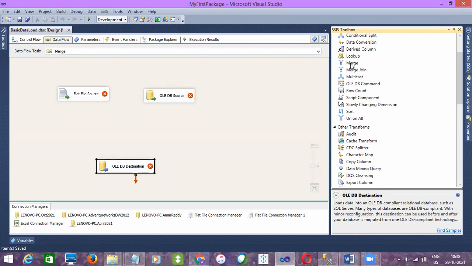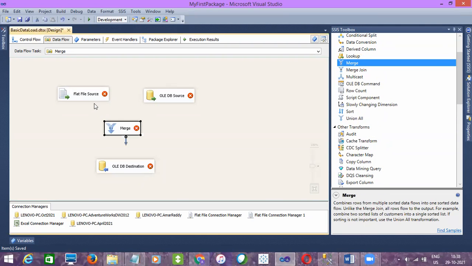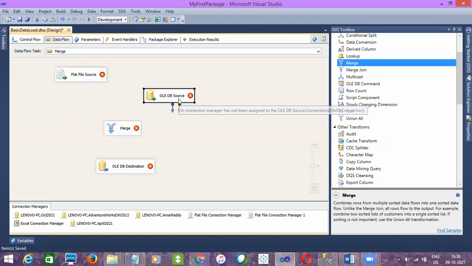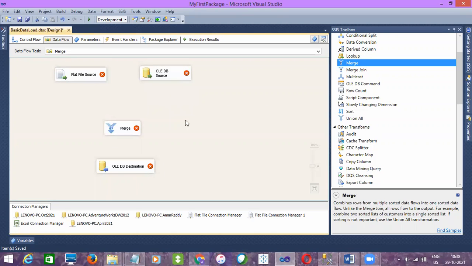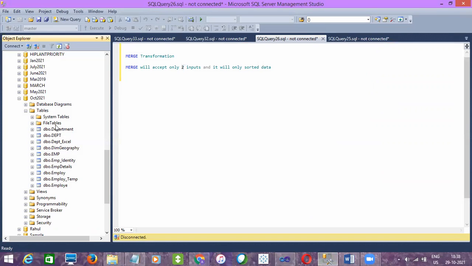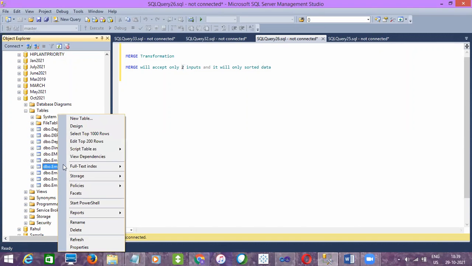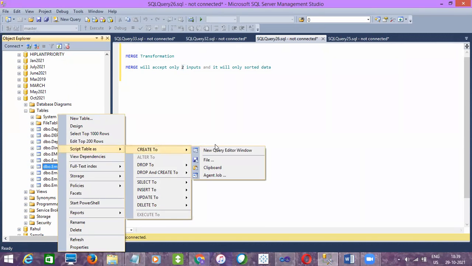Let me drag the merge as well. My destination is the same table, or else I'll create a new table with the existing structure. To do that, right click on the table, script table as, create to a new query window.